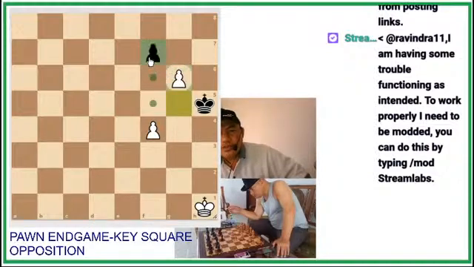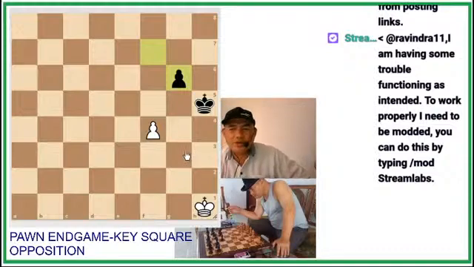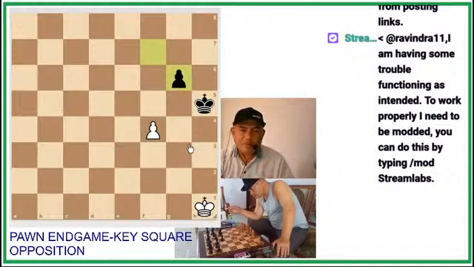Of course, in this position, white has to take. Yes, white has to take. Then what happened after it takes? The key square becomes closer to the white king. And once again, to make black move forward, and to make the key square go to here, yes, just by sacrificing the pawn again,